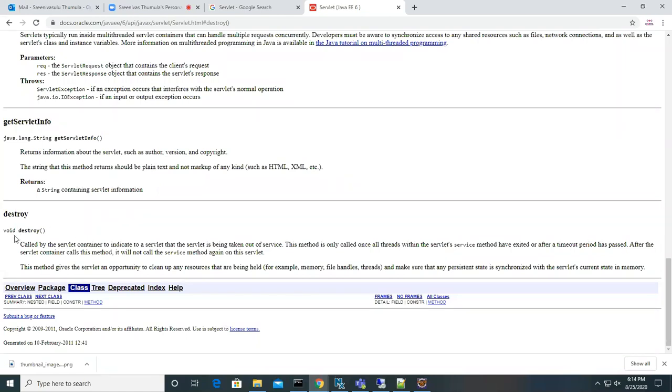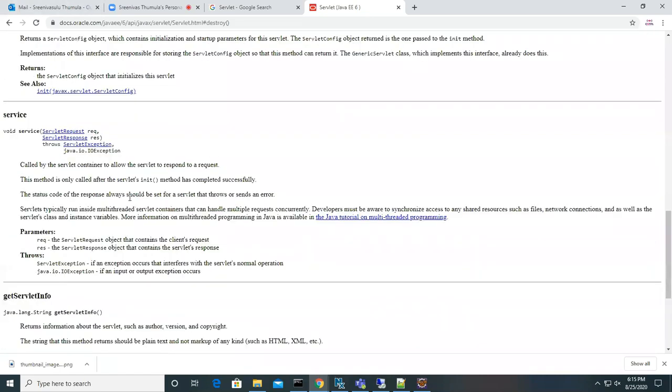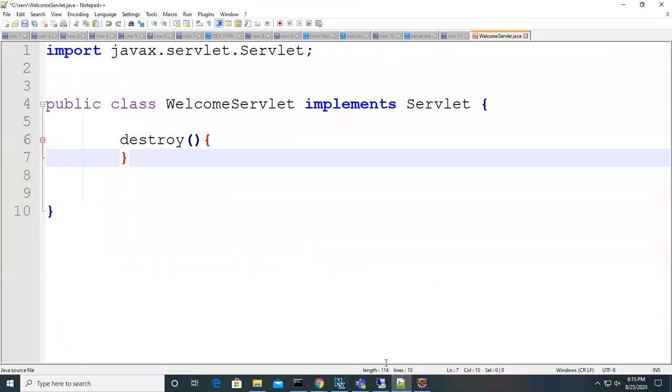They gave information about the purpose of each method. But anyway, as we are implementing the servlet interface, we have to implement all these methods, and we will see the purpose of each method and how those will help us.